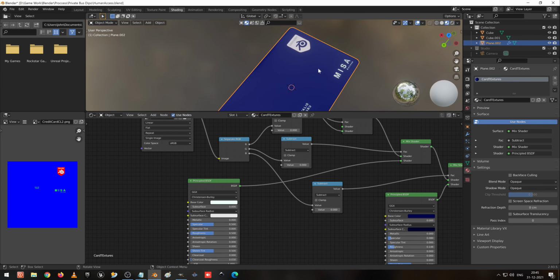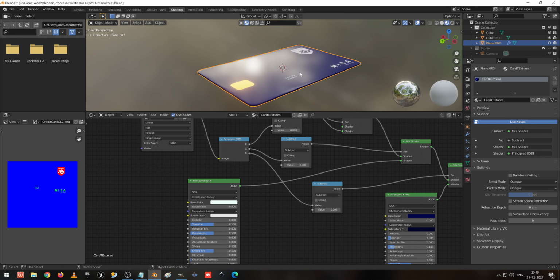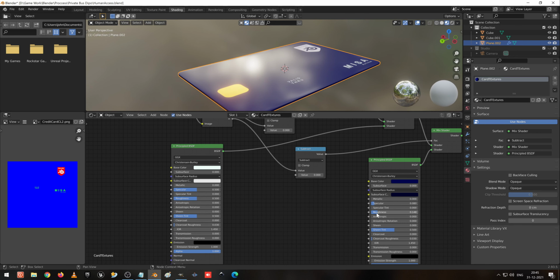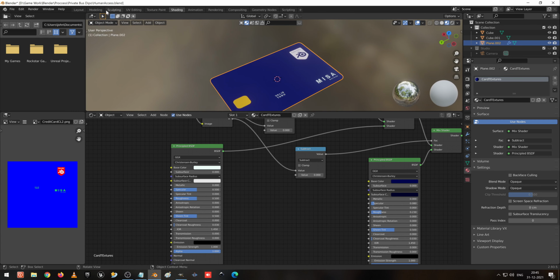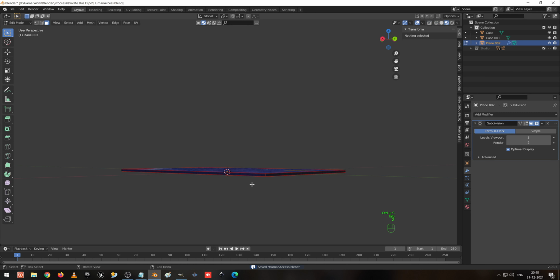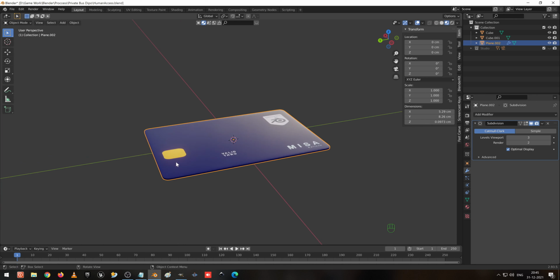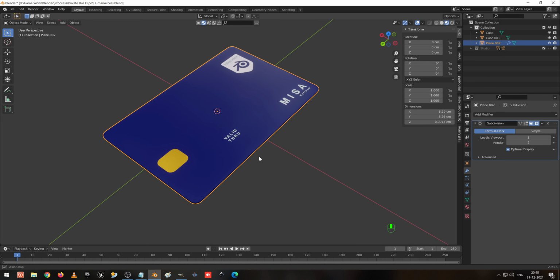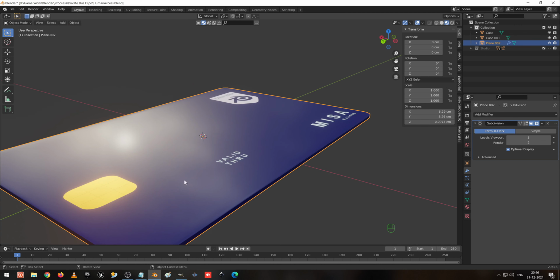So now we have to give some numbers and a name to this, so we can go further. I am going to increase this roughness a little bit. Okay, now it looks better, I feel. So go to the layout, I save this one, go to the object view, material preview, go to the object. So now we can see our card has been made ready. So now with the basic texturing done, here I am going to add numbers.